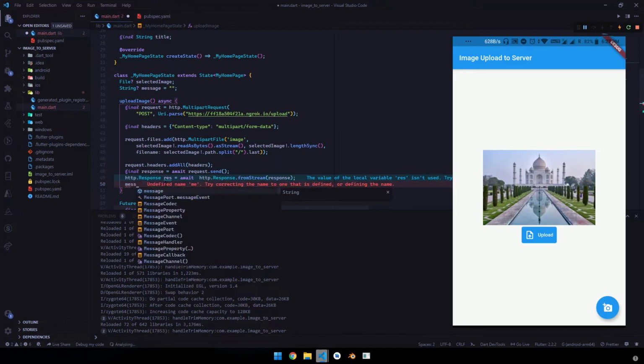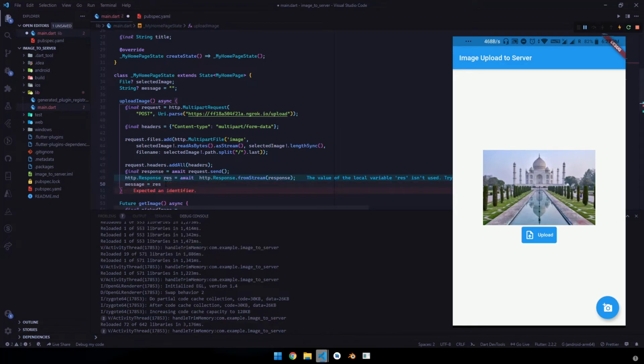So now we need to update that message as res. Before that, res.body will be in a string format, so we need to convert it into a map of string key value pairs.